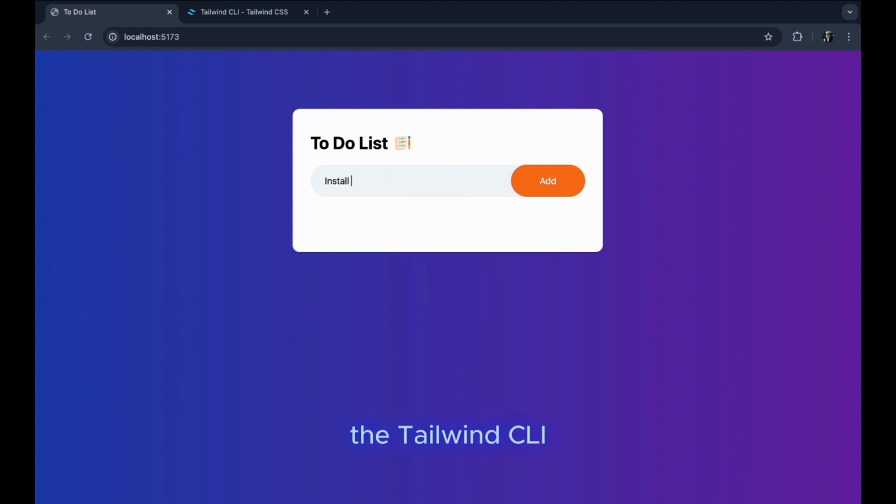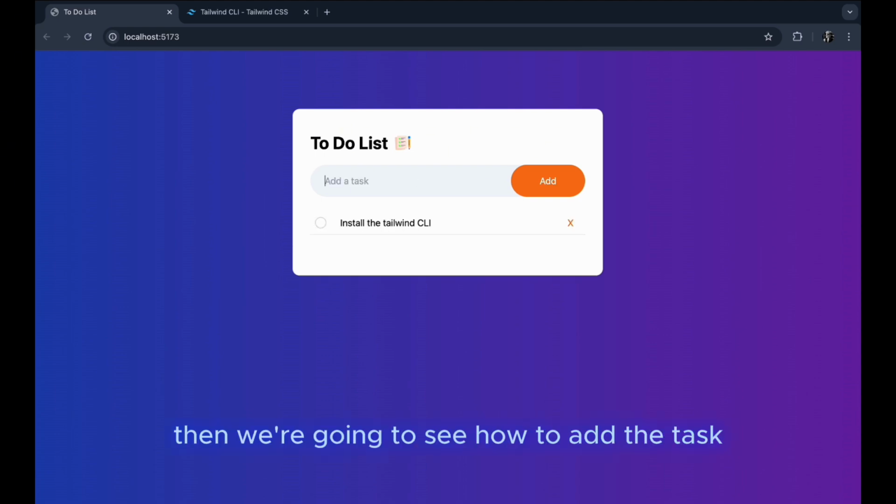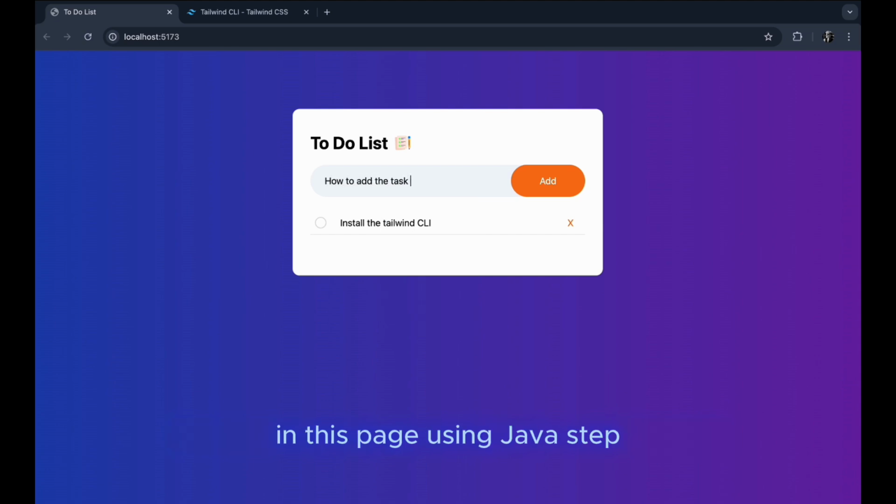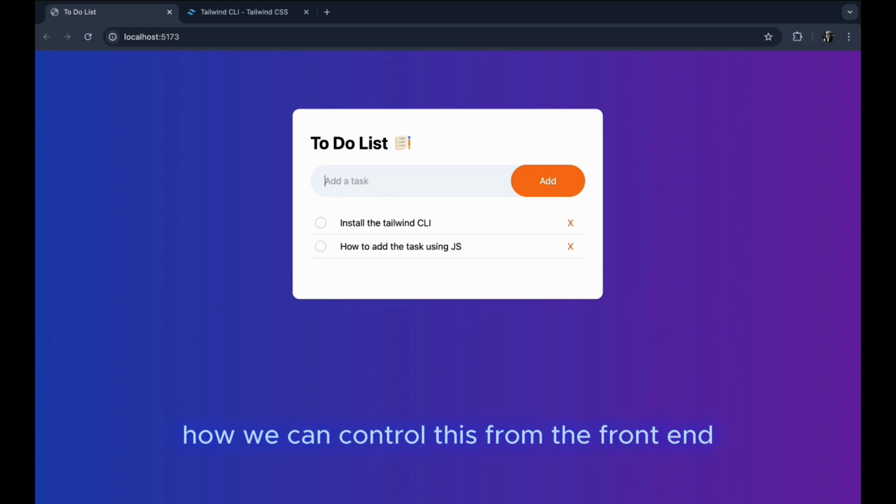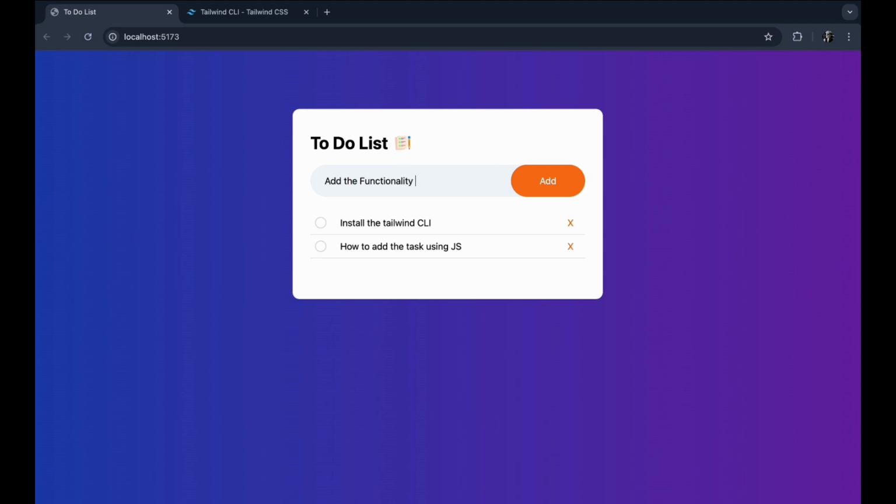the Tailwind CLI. Then we are going to see how to add the task in this page using JavaScript. I mean, how can we keep this dynamic? How we can control this from the front end? Then we can add the functionality like